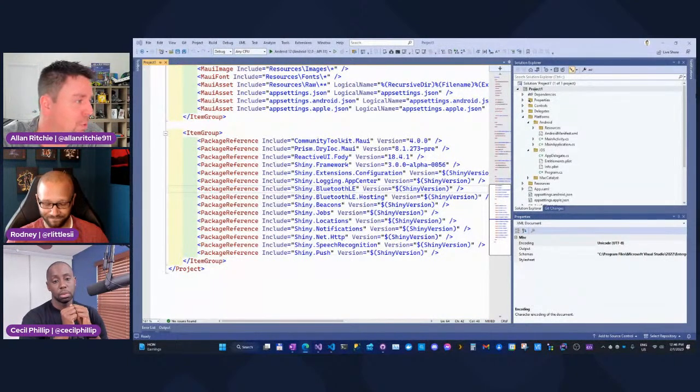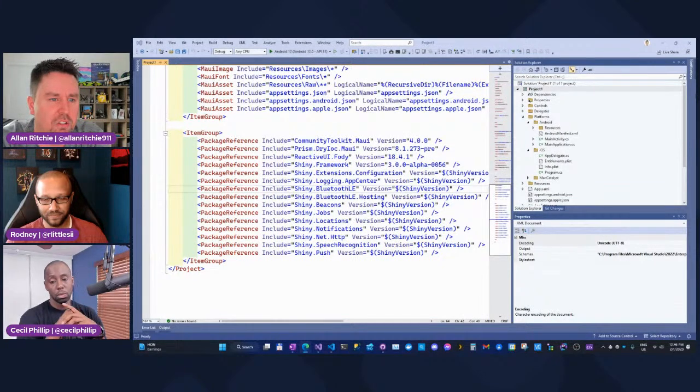But when we talk about WebAssembly, it's definitely something I've been working on. There is some WebAssembly working with Shiny version 3, which is alpha, by the way. I'm looking to do stuff like Bluetooth and push notifications in that. The problem with a lot of the web standards, especially Bluetooth, is it takes the web forever to decide how these APIs are going to evolve.